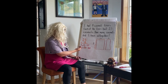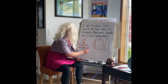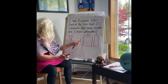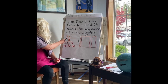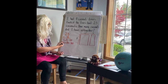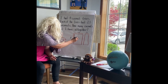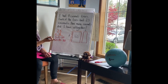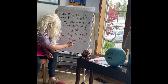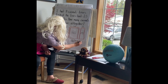So, as Brooke talked about, we know the answer is going to be more than 160. So what I did here is I wrote the dimensions out and then I labeled them. I didn't change the value of 23. I just put a 20 and a 3. That makes it easier to multiply. So what I do now is I do 8 times 20, which I know is 160, but I'm not done yet. I do 8 times 3, which is 24. So down here, I can add them together, and I get